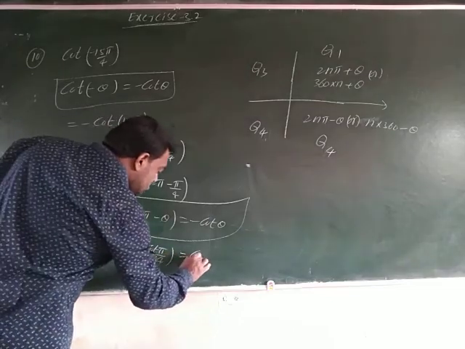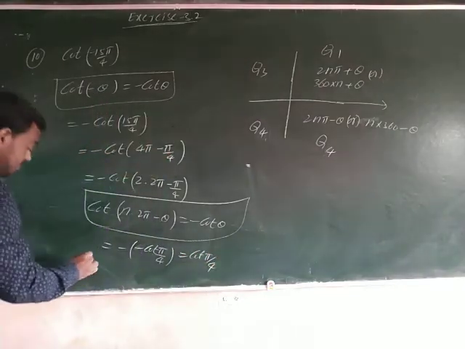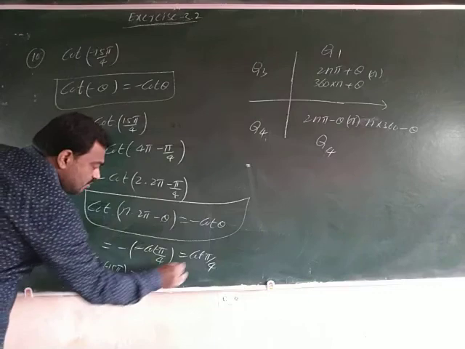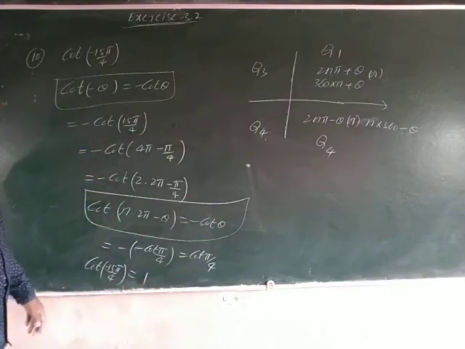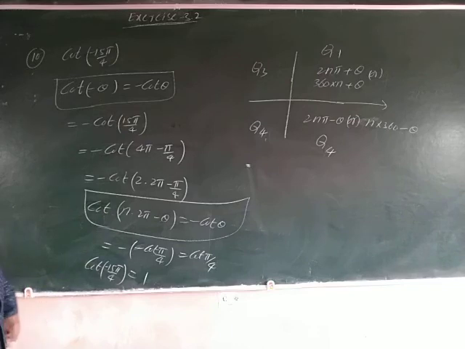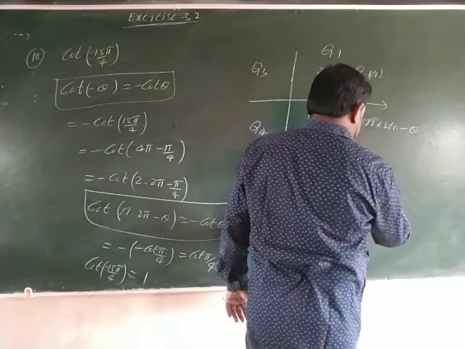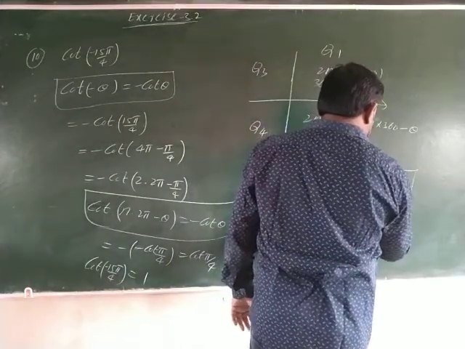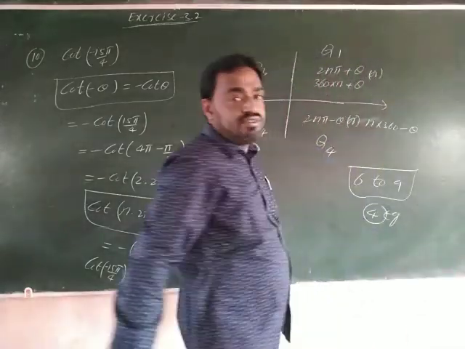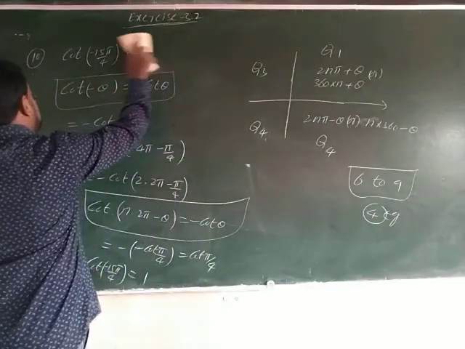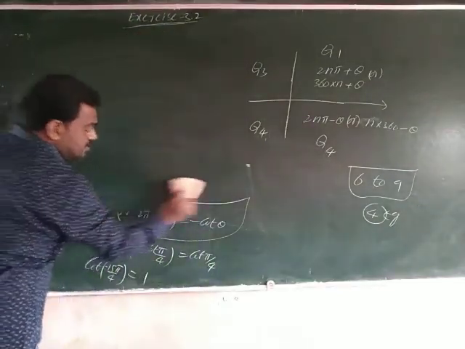That is equal to cot pi by 4. Therefore, cot of minus 15 pi by 4 is equal to cot pi by 4 value, cot 45 is 1. So that is the answer. This is our 10th question, the last question of the exercise. Right? Next, in this exercise we have examples 6 to 9, that means 4 example questions. Now you see the example questions, 6 to 9 examples we are solving now.